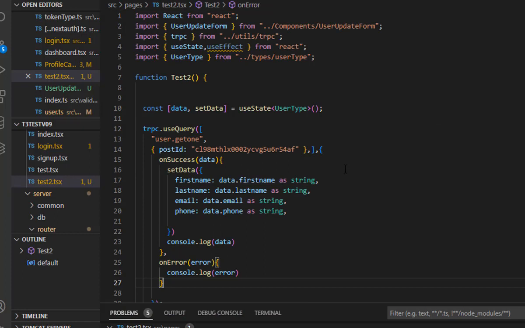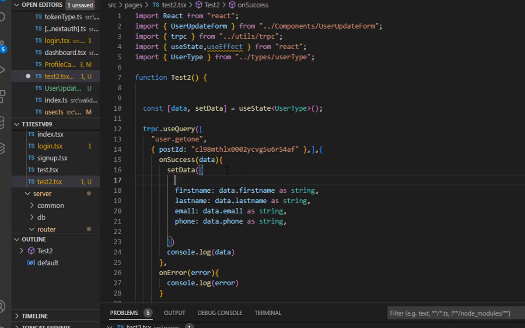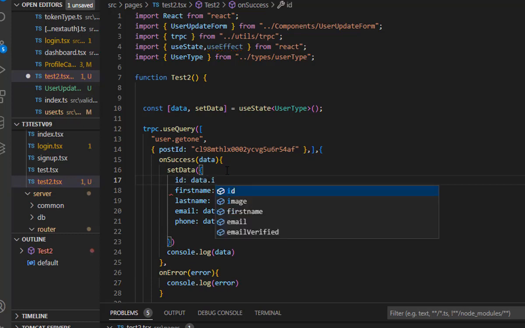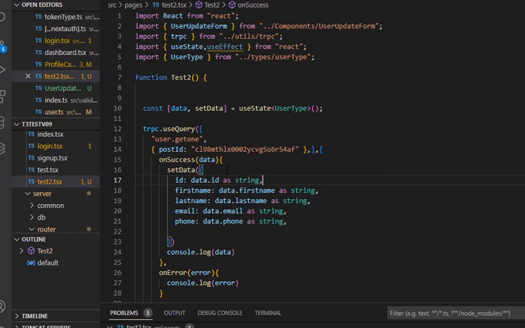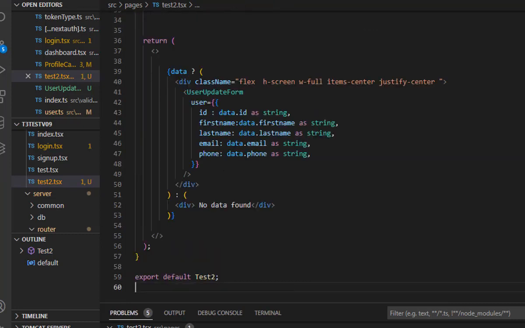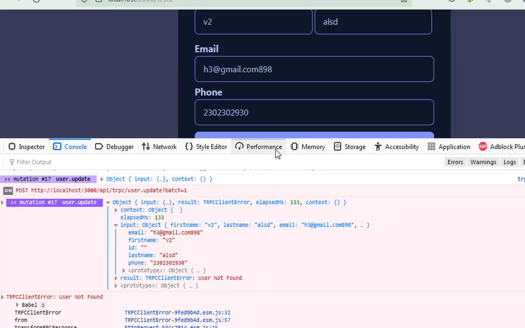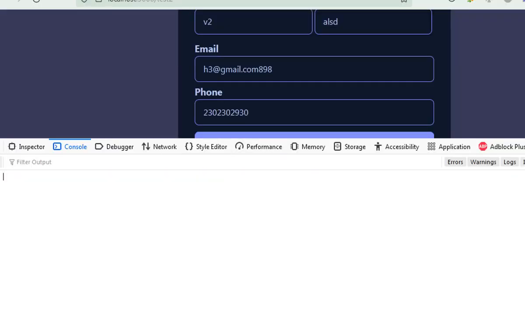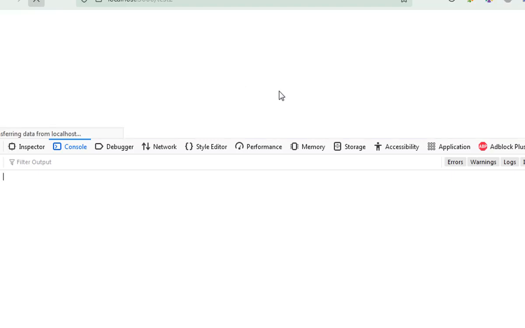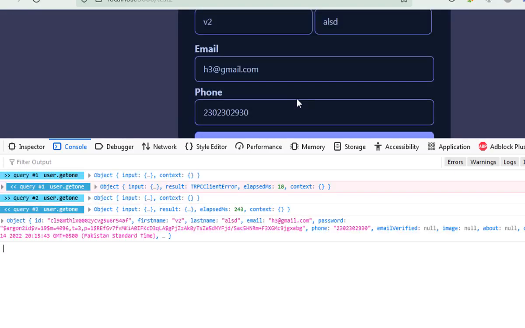Where are we getting the data? So yes, we are setting this here. Okay, so we are not setting the ID, data.ID as string. So now we casted the values here. Let's go back, remove this, refresh,